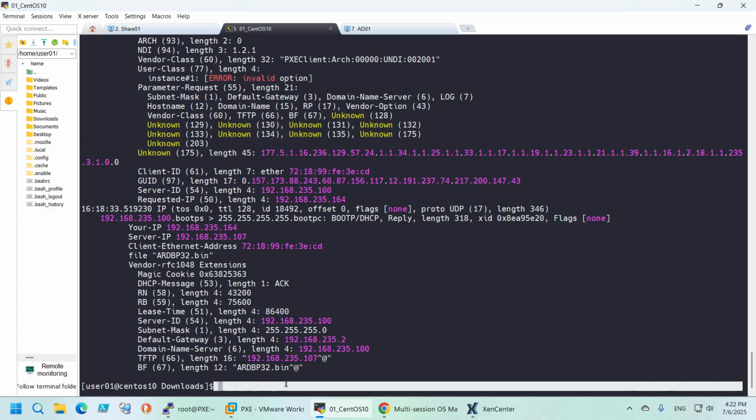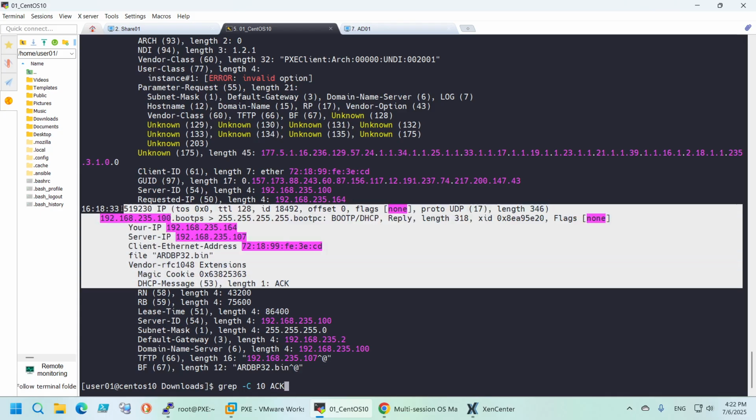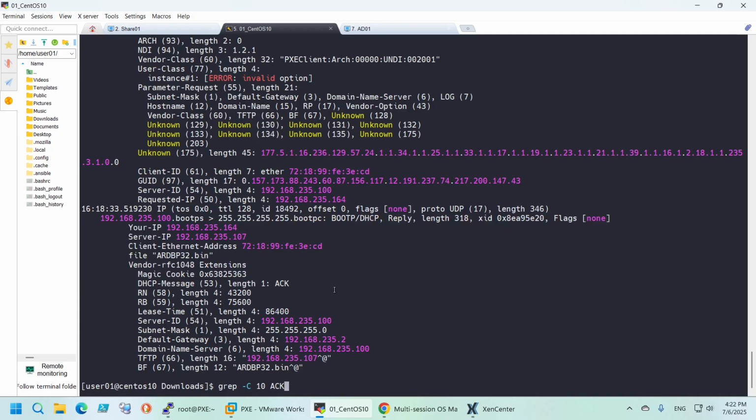But we can use grep -C because I want to print 10 lines above the word. So we are grepping for ACK because this is the acknowledged. This is how we know that our VM accepted one DHCP offer, and -C10 will print out only